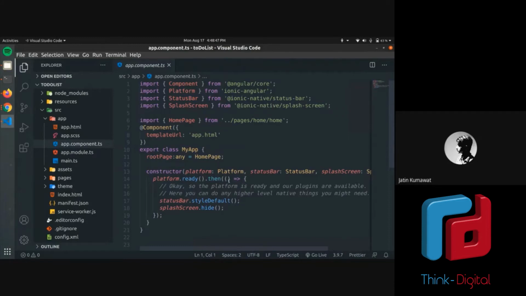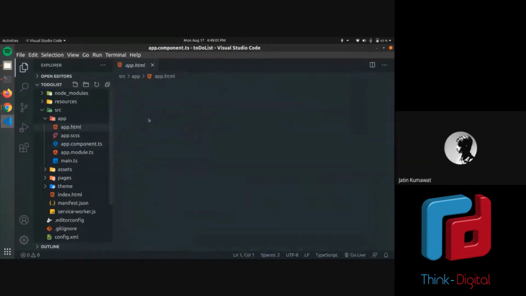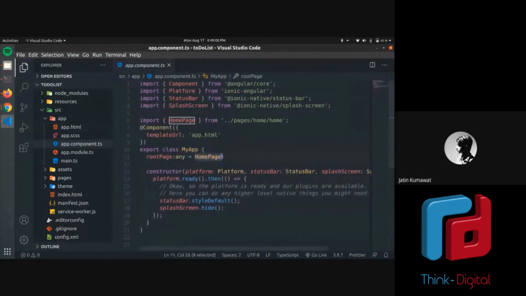Okay, but just so you know, it has this splash screen as I mentioned earlier. The status bar on your app, if you're using a phone, you have a status bar at the top. So these are all components imported for the sake of the app. We need not worry about it. As I mentioned earlier, the root page is written here. So the root page defined in component.ts is the home page, which is the first page we will see.